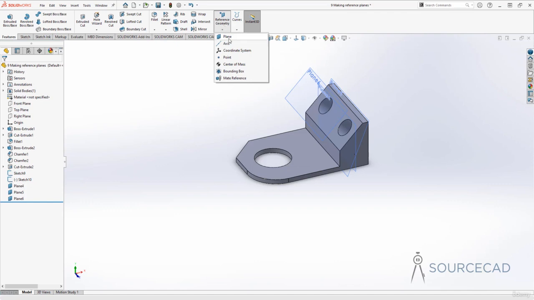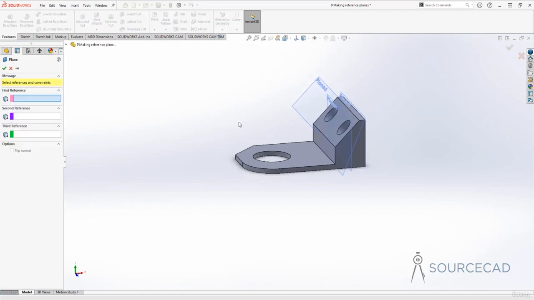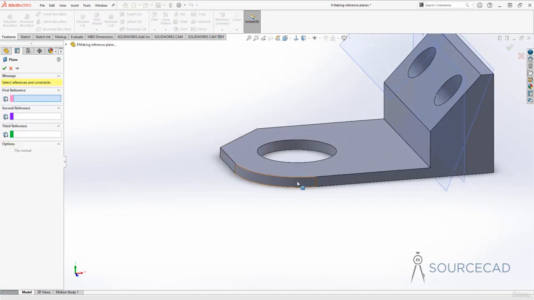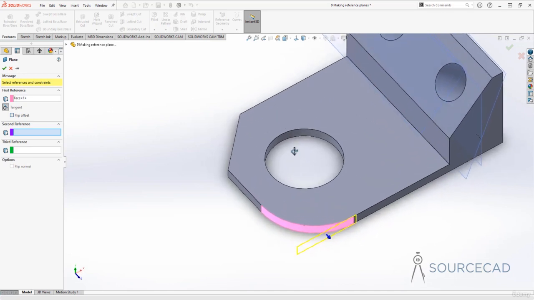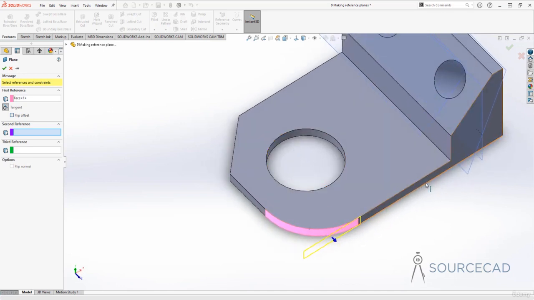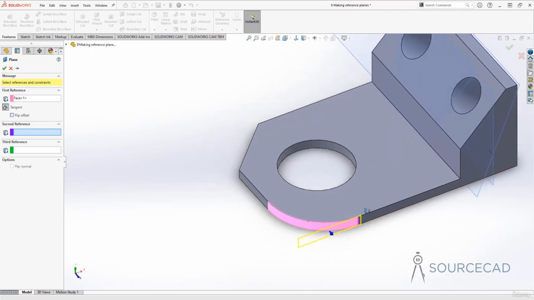So I'll go to reference geometry and I'll select plane, and I'm going to select this surface right here. Now this fillet. So here we have got a plane which is exactly along this plane. So it's not that useful because we can obviously select this plane and make our sketches, but